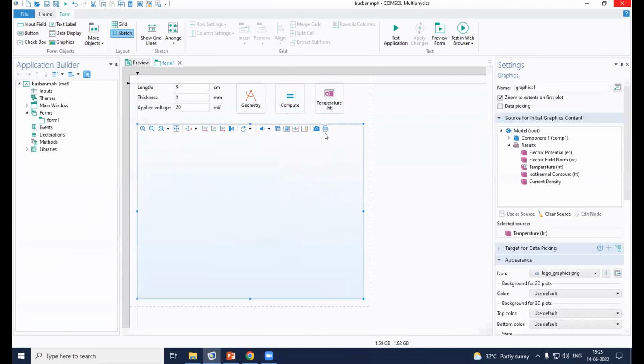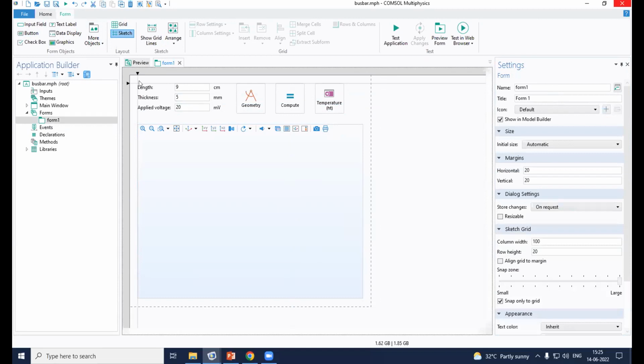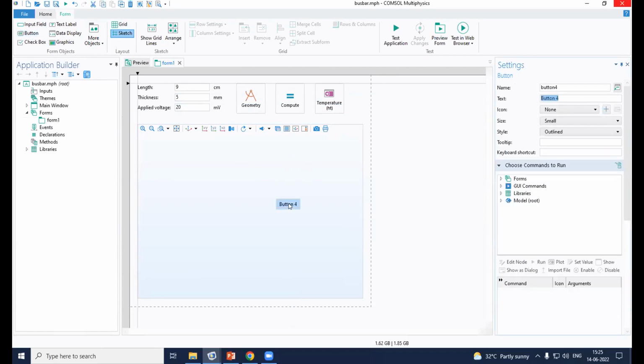So now once we have seen how we can directly start building the app using the templates, we are now going to look at this section, what else we can do using the form builder. So here you can see that there is a thing called a button. So if you have left out something, let's say I didn't add a mesh button here, and I want to add a mesh button now or something else, I can directly use this button node, and a button will be added here,